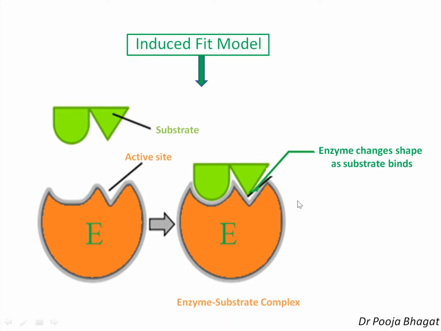So what is the advantage of the induced fit model over the lock and key model? There are two advantages. Number one, it explains the broad specificity of enzymes. In the lock and key model, a particular enzyme can act on a particular substrate, but that is not always the case. For example, urease you can use for urea, so it is specific, and you can explain that example using the lock and key model. But esterase is an enzyme which hydrolyzes any ester, not specifically one ester, but any ester can be hydrolyzed by the enzyme esterase.